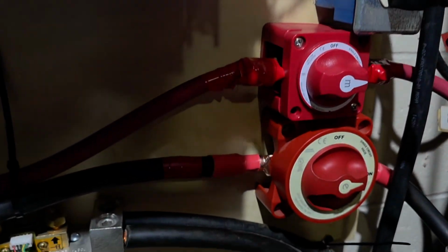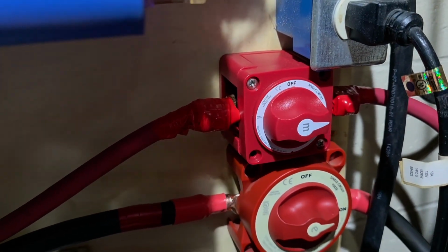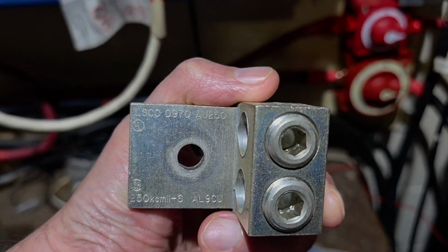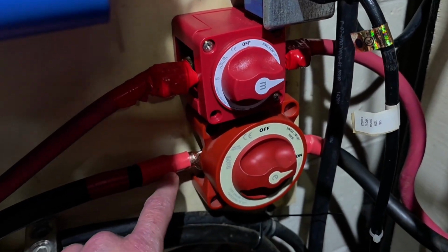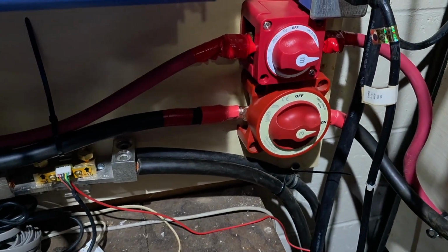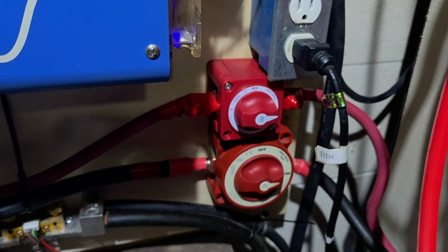I did change out my switch down here because I was having an issue with them. Well, with the one on the bottom there, the Blue Sea switch, I changed them out and crimped on some good lugs, because what I was using was these aluminum connectors. As you can see what they are right there. I had dual wires going into it, and it was heating up. Even after I had switched out and put this second switch on there, and I kept these lugs on there, it was still getting hotter than hell. I don't know why, but after I put the new lugs on and put the second switch in there, they're just cool to the touch now. So yeah, it makes no sense why, but